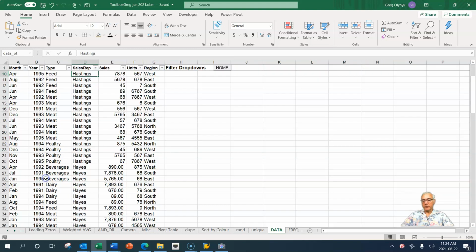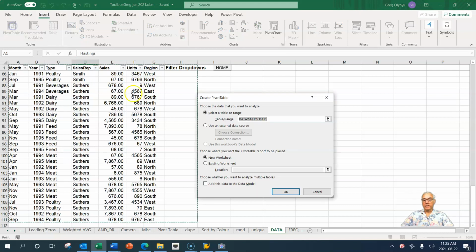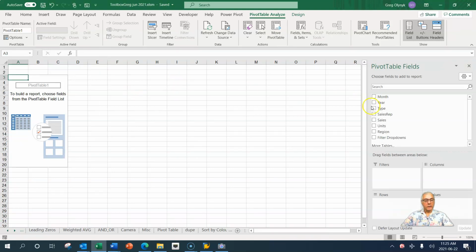Data filter pivot tables. So if you have data you want to analyze, you just have to be in the data range and go to Insert, Pivot Table. And then it'll create a new sheet with that data. It's pretty easy. It assumes your data doesn't have any blank rows or columns. It's usually quite good. So when I hit OK, it's going to create a new sheet, and then I can